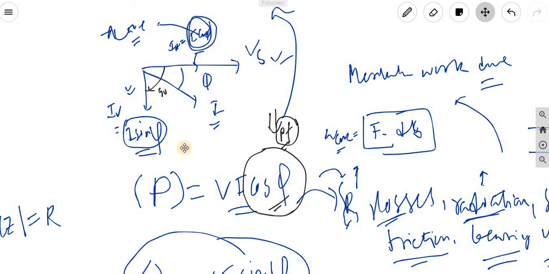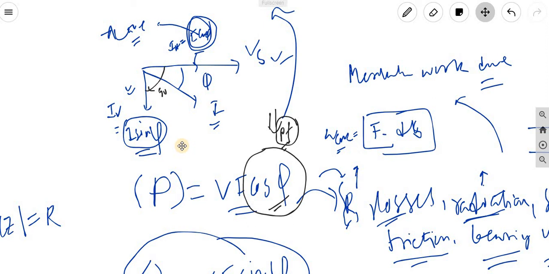From the instantaneous power we looked at how the power flows. If the instantaneous power is positive, that means power is being delivered from the source to the load. If it is negative, that signifies that power is flowing back from the load to the source.